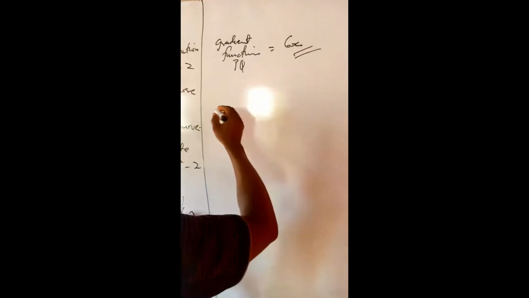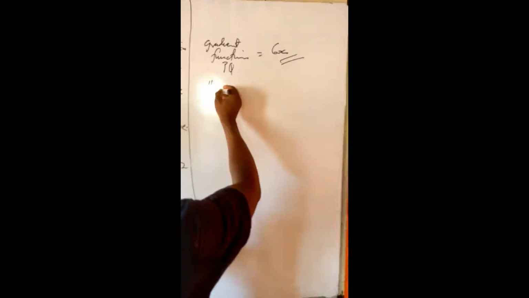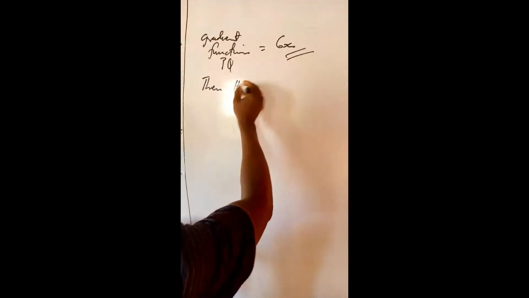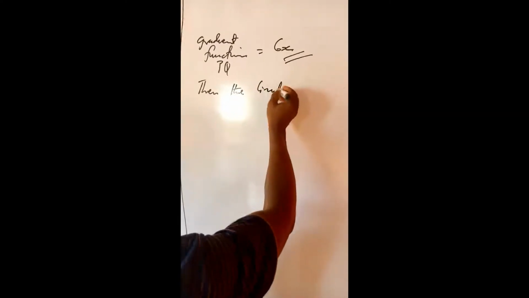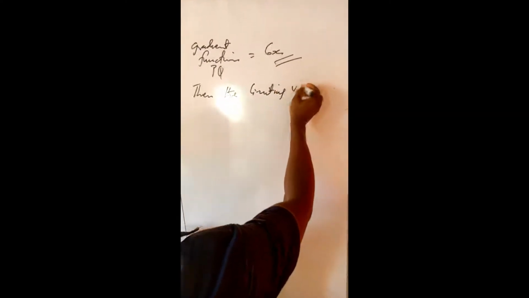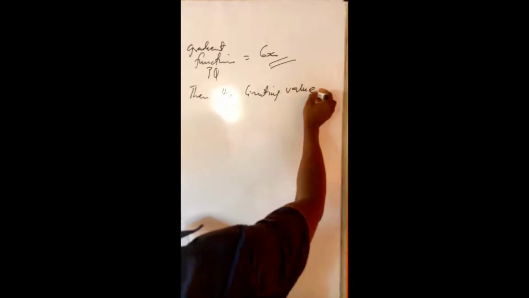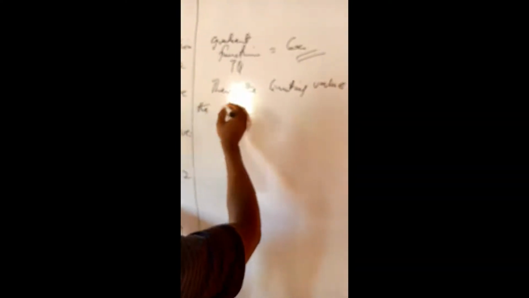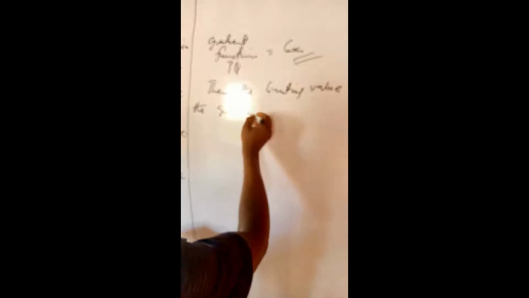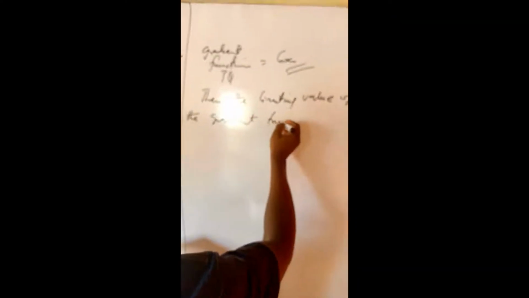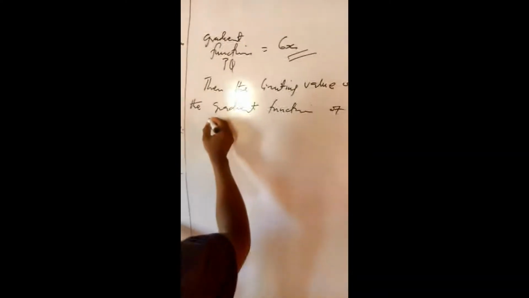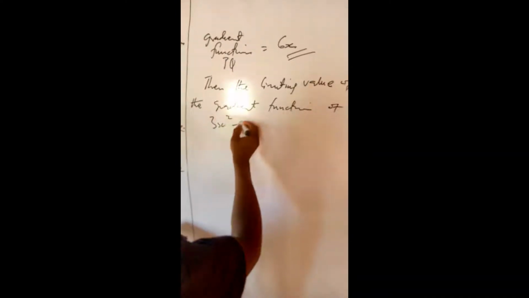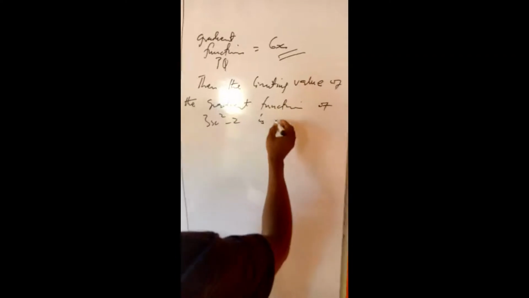So we can say then the limiting value of the gradient function of 3x squared minus 2 is